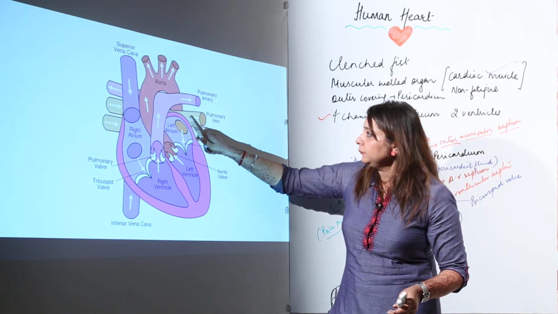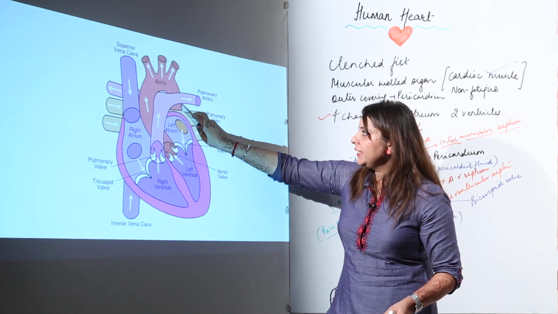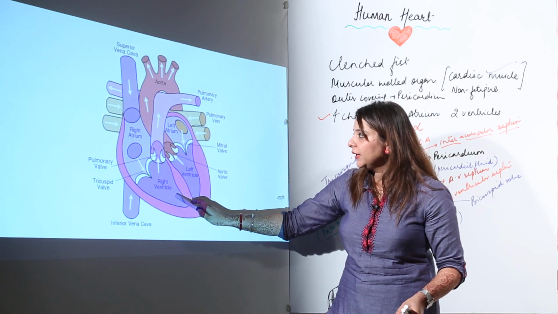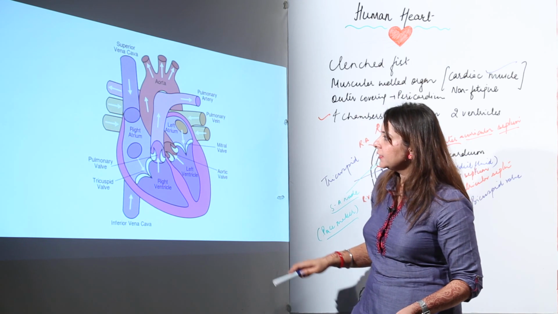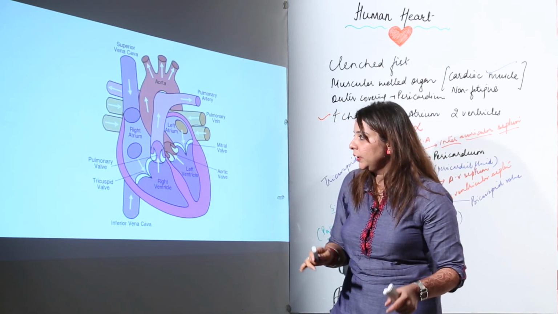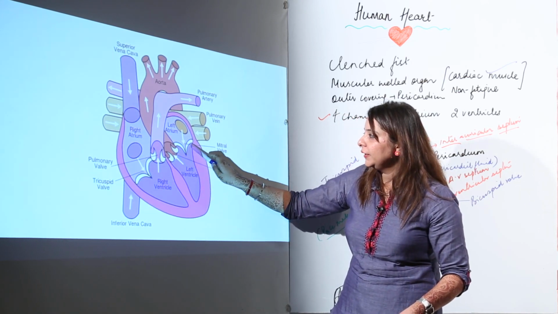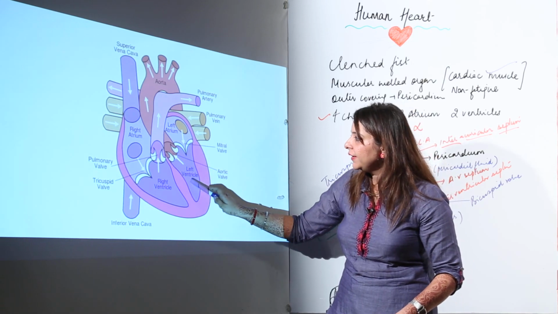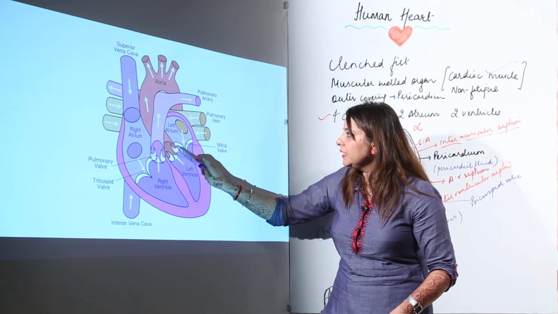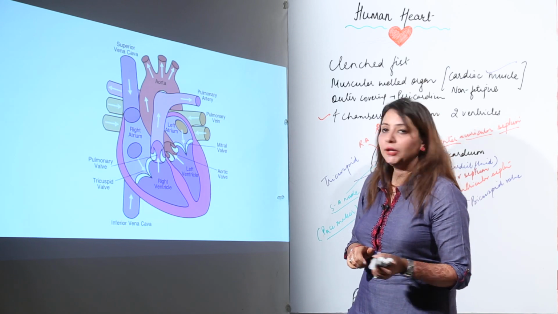This purple one is the pericardium, and then we have on the left side the left atrium and left ventricle, and on the right the right atrium and right ventricle. We also have the SA node here, though it is not actually shown, and then you have the tricuspid valve on the right side and the bicuspid valve on the left side. This is the interventricular septum, this is the intra-auricular septum, and this is the AV septum. So this is the structure of the heart, but I have not told you about the vessels yet.